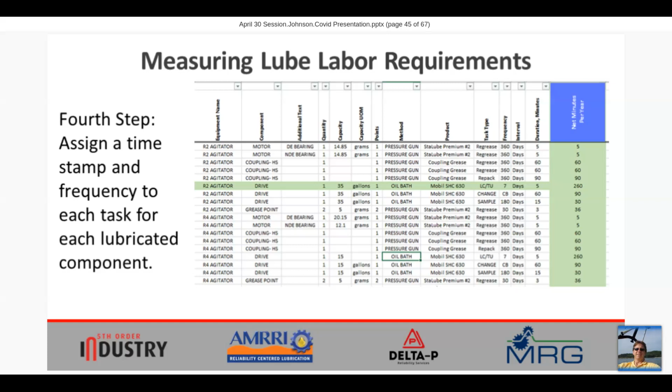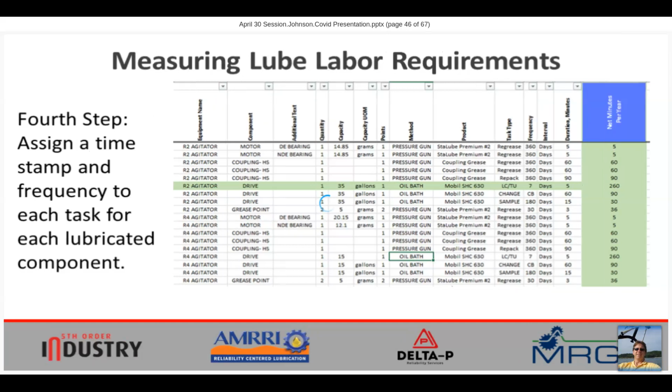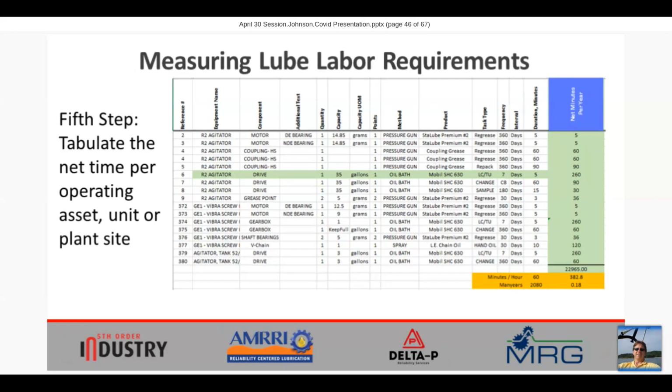So we now know how many minutes to allocate for level check and top up on the R2 agitator. Once we have done that for each component, we have 262 minutes for that task plus all of the other tasks in the production cell. We come up with a total number of minutes, which quite easily divides out into the total number of hours and or man years required for these machines in this production cell.